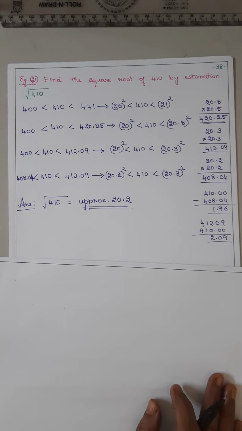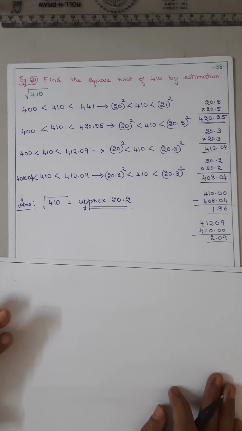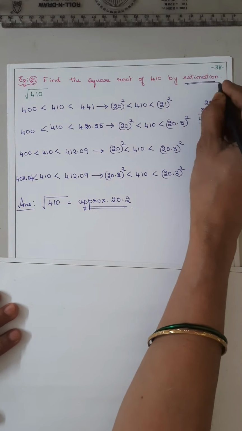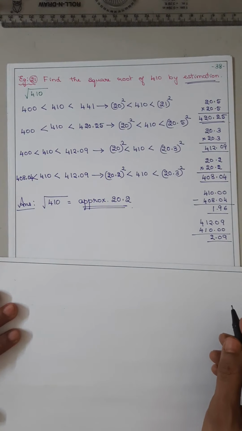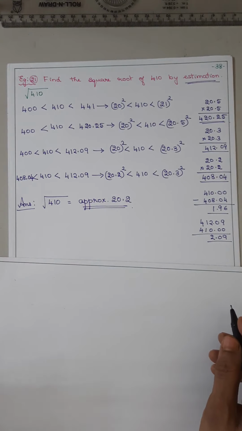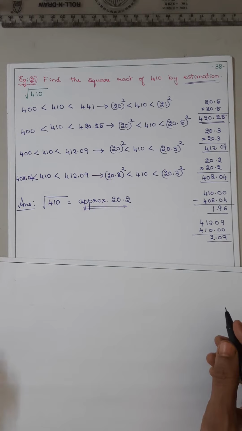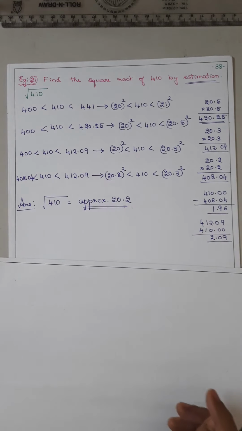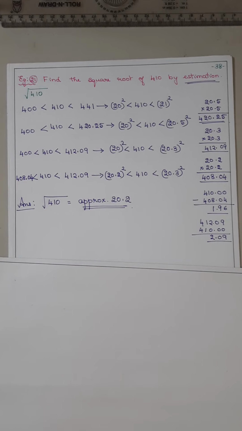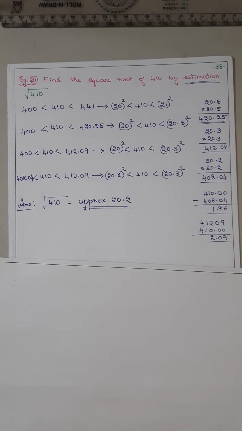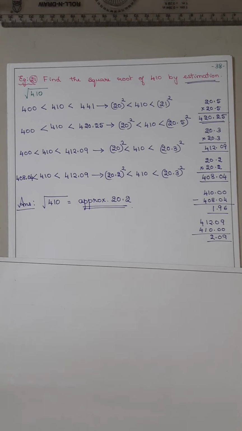Hope everyone understood the estimation method. So for estimation method, it is one decimal place. Answer is approximately in one decimal place. For that we have to find out. अंदाजा लगाकर, तो पहले दोनों नंबर के इन बिटवीन कौन से स्क्वायर परफेक्ट स्क्वायर के बीच में आता है वो देखने का. उसके बाद वो दोनों परफेक्ट स्क्वायर के बीच का जो डेसिमल प्लेस है उसका स्क्वायर फाइंड आउट करो.